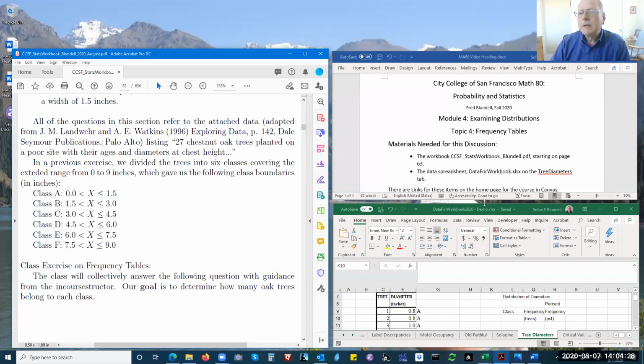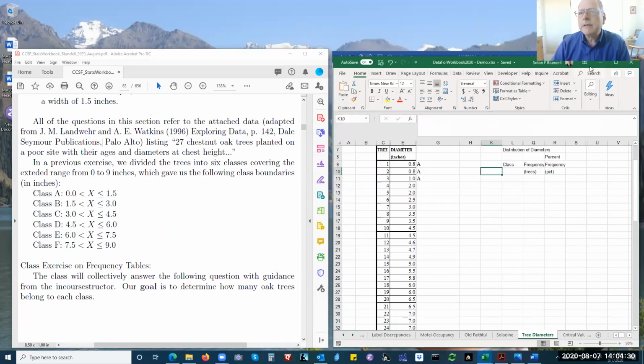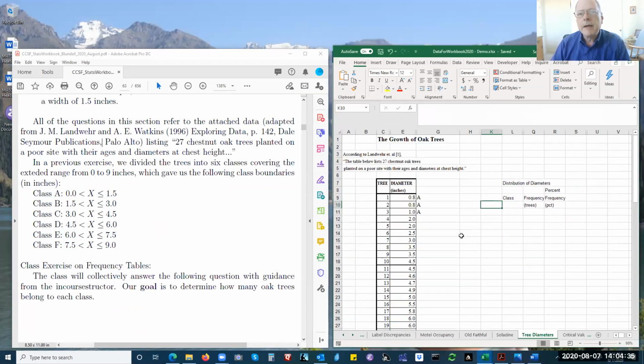to classify these trees here in our data spreadsheet. And we had decided that the first three trees belong to class A because their diameters are between 0 and 1.5 inches. And so continuing on along, between 1.5 and 3 inches of diameter will give you a tree belonging to class B. So I'm typing class B in here,